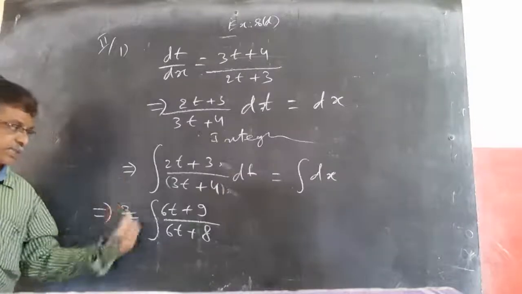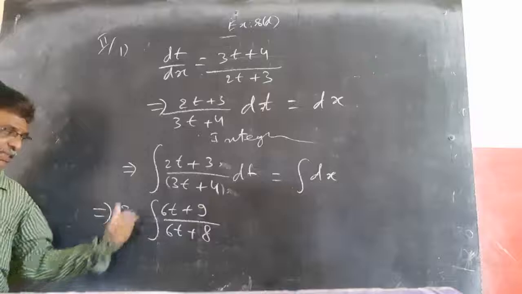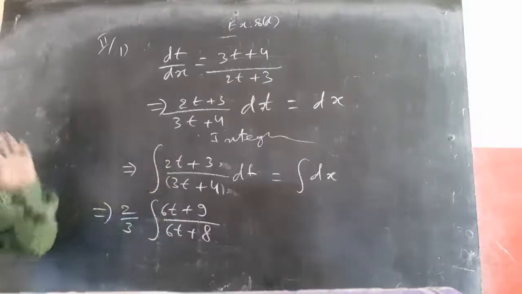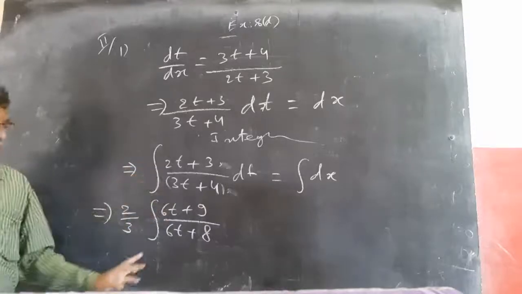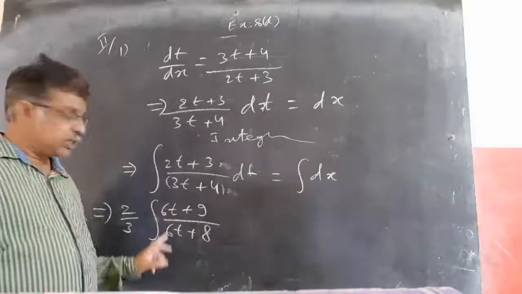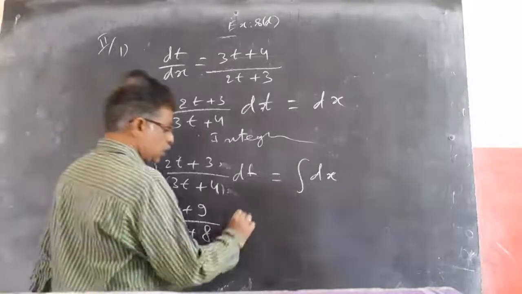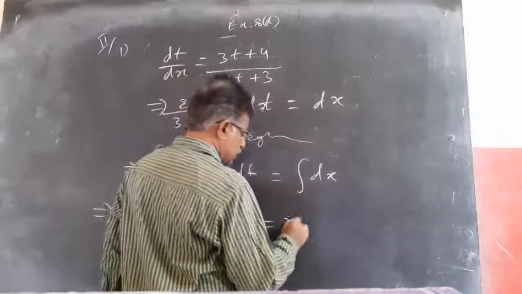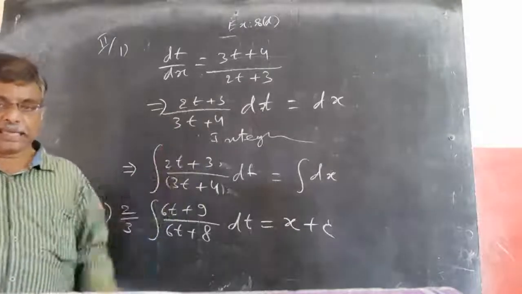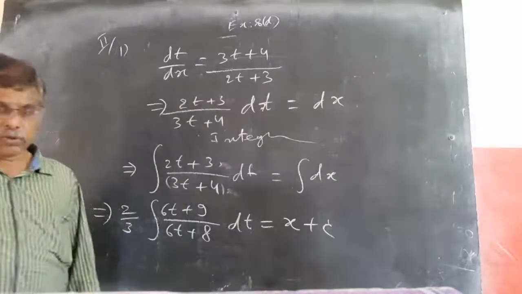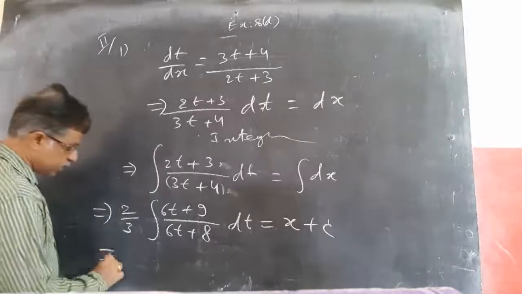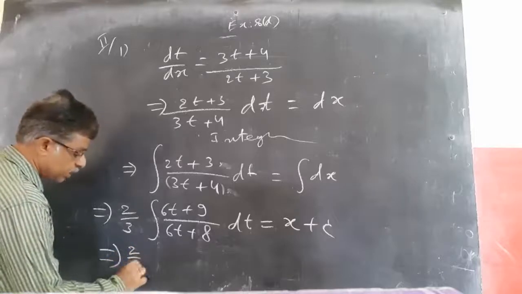You can take 2 common, cancel this only. If you take 3 common, cancel this only. So I am not changing the original equation. Just I took the LCM of the 2, so I manipulated the equation so that these two coefficients are equal. This is logic. Without logic, you can do the sum by taking numerator equal to a into denominator plus b, finding a and b values. That is another way. Two methods always will be there. I am using the first method, the LCM method, because I want to go for logic.